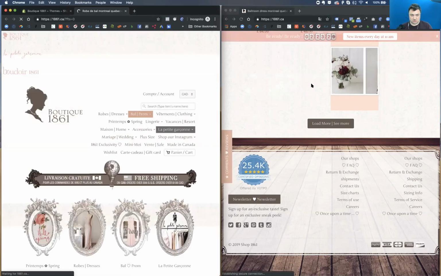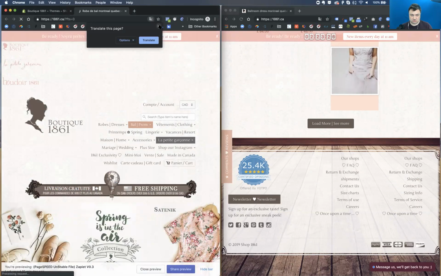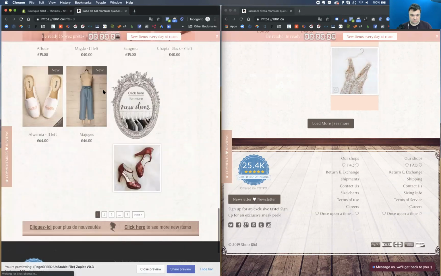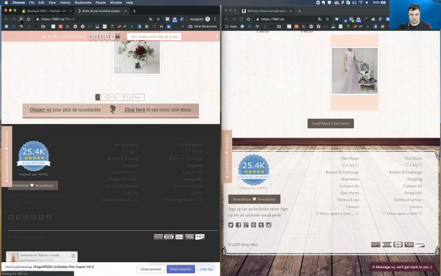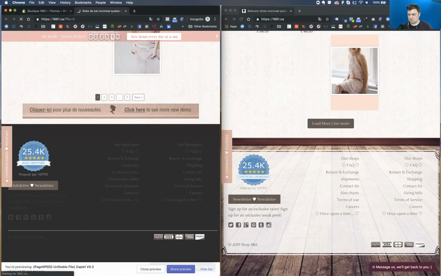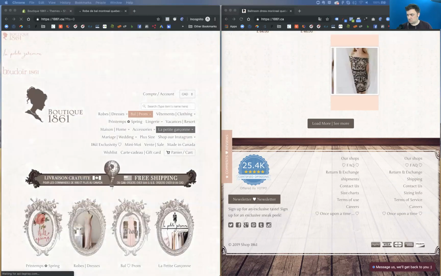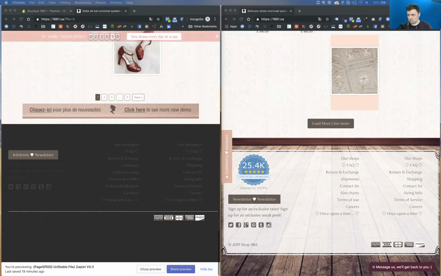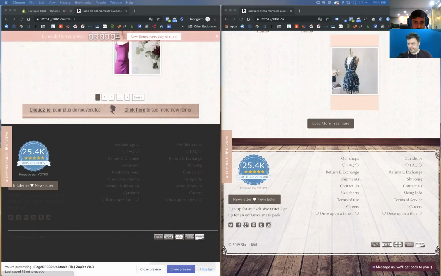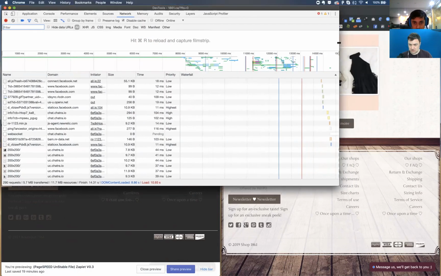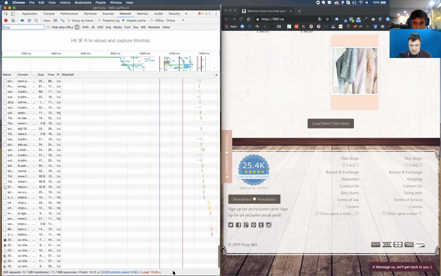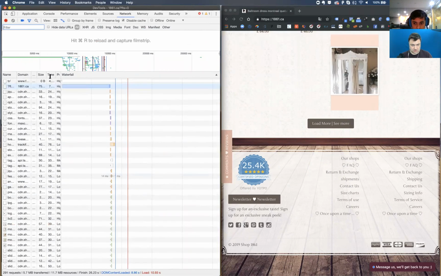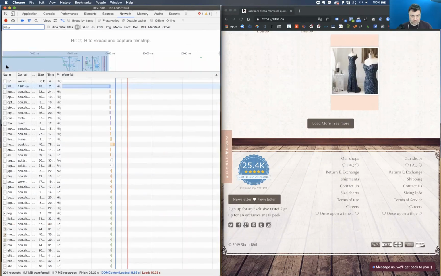5.91. 12.1, same as it was before. Slightly better. Right. Okay. So this waterfall diagram is of the one I've optimized. This is where you can tell if your optimizations are being successful or not, and